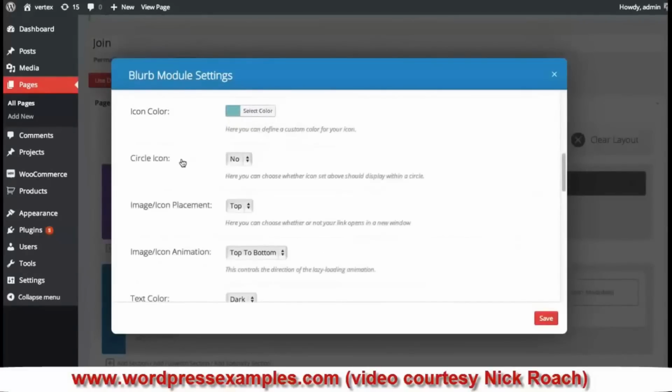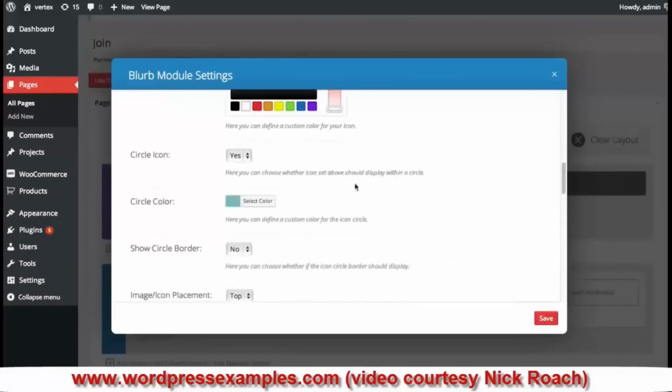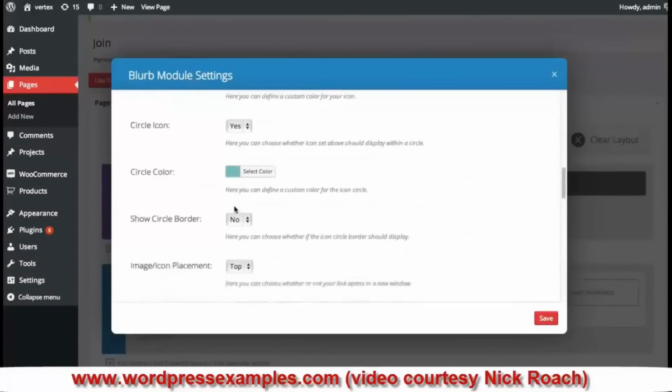You can also choose whether or not your icon is displayed within a circle or not. If you choose yes for circle icon, you're going to get some more options to customize the color of that circle and to customize the border of the circle. So right now I have a blue-colored icon and a blue-colored circle. That's not going to look very good, so let's change my icon color to white. My circle color to blue,